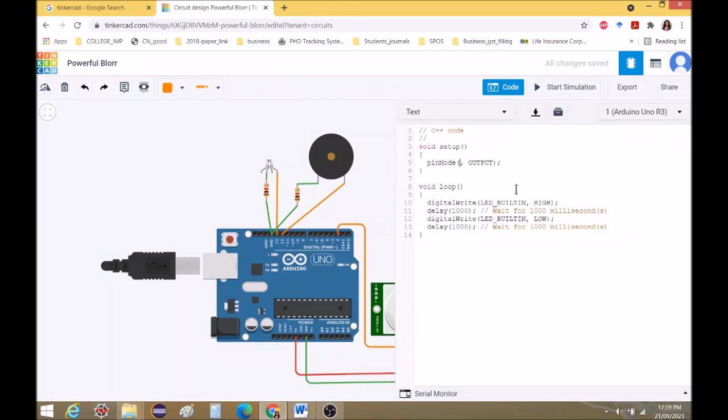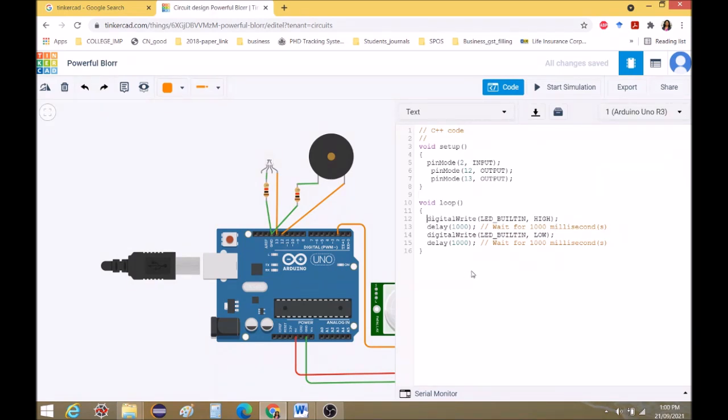So this pin mode I will set for 3 pins. I am using pin number 2 as the input pin, right? So I will write here input. Now I am using 2 output pins. What are the pin numbers? 12 and 13. So I will write pin number 12 and pin number 13 as output pins. I am just mentioning which are the input pins and which are the output pins. So this completes the setup.